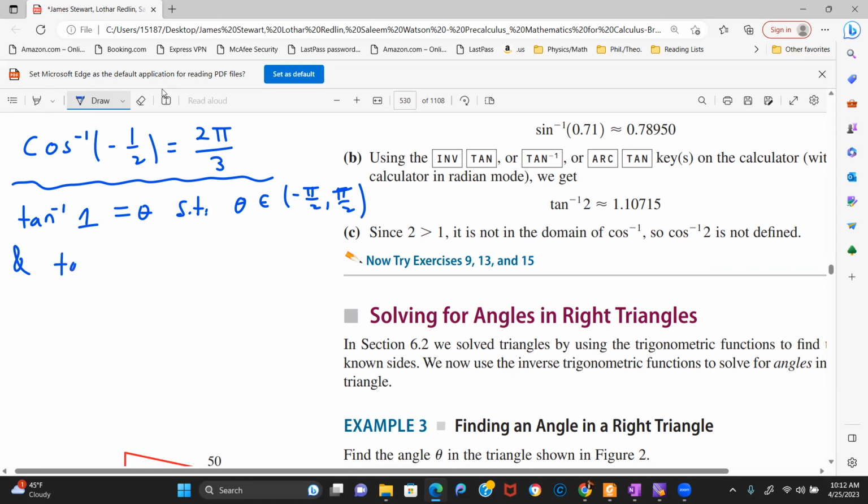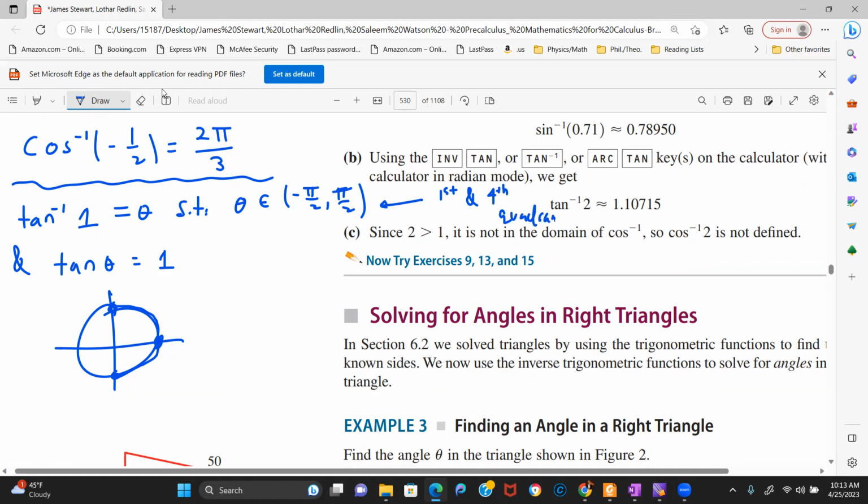And more importantly, it has to satisfy this equation. Tan theta has to be 1. So now, these angles right here, if you draw your circle, correspond to, you start here and you rotate to this point here, or you start here and you rotate to this point right here. So this range of angles corresponds to first and fourth